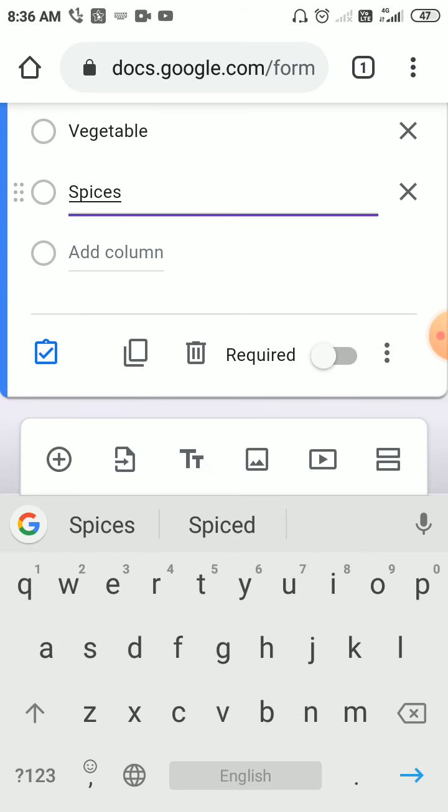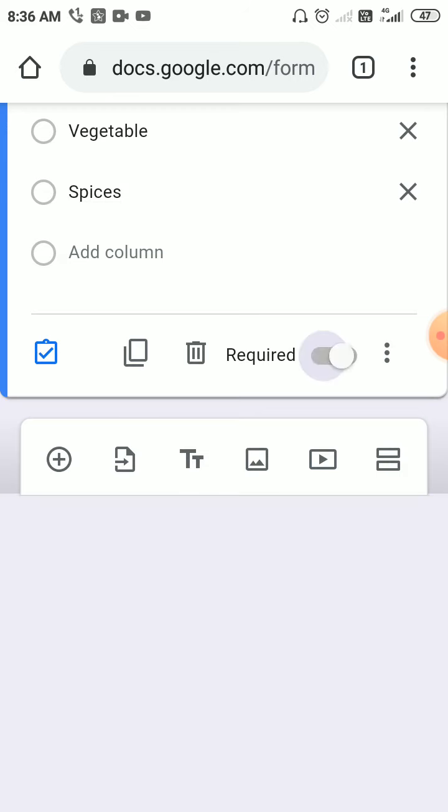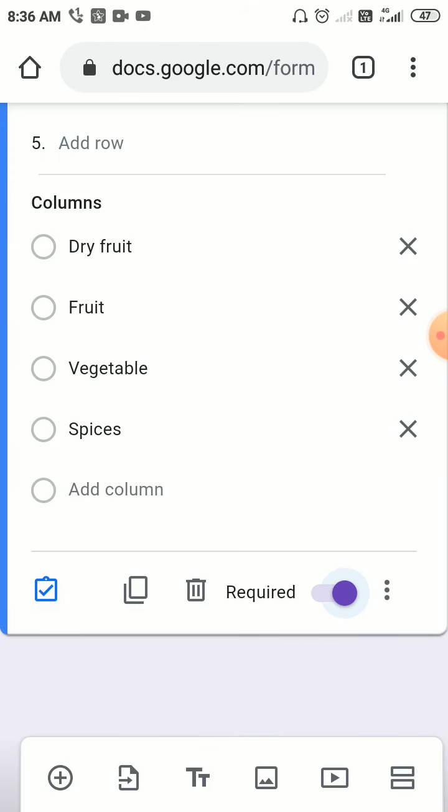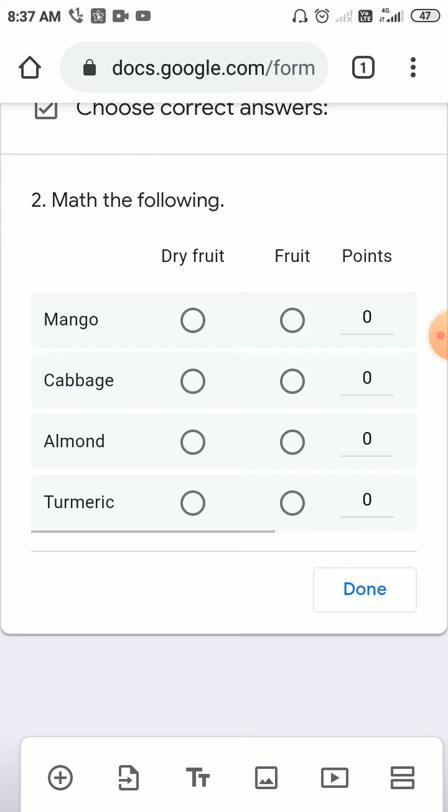Again I am making it required, and there is a blue button here at the leftmost side which is the answer key. This is the answer key button. Just click this blue marked box.